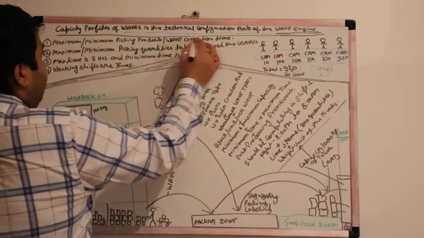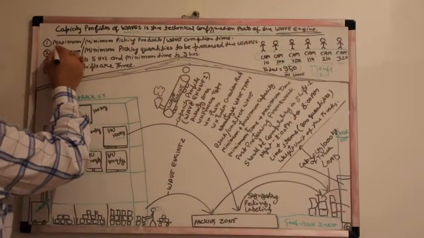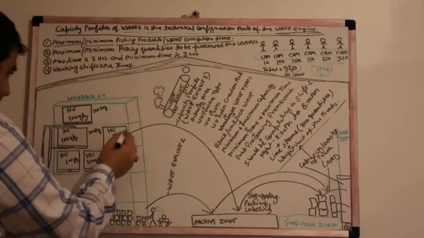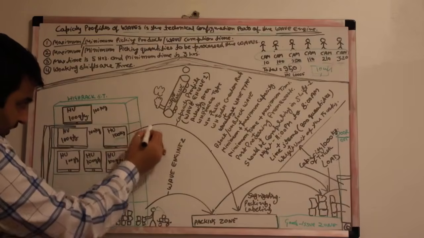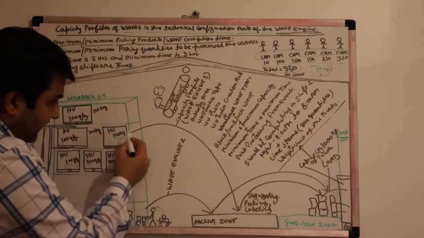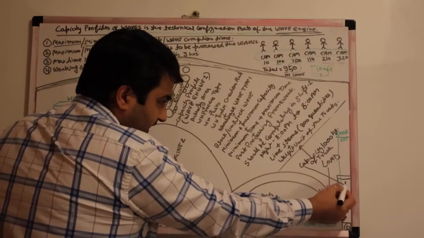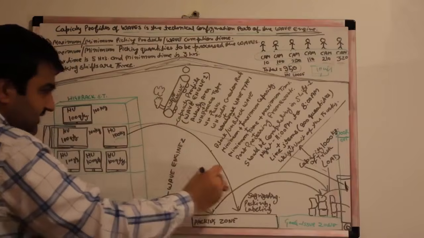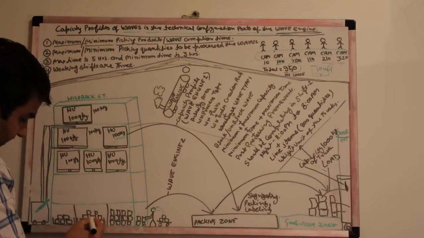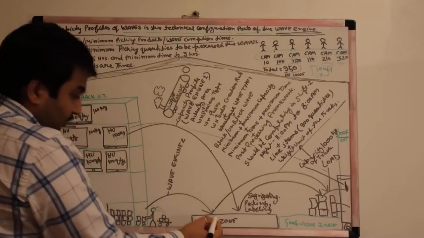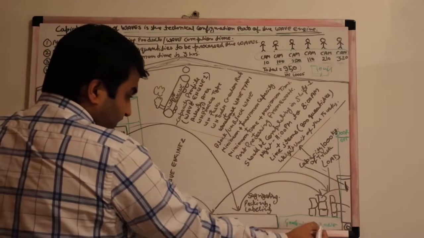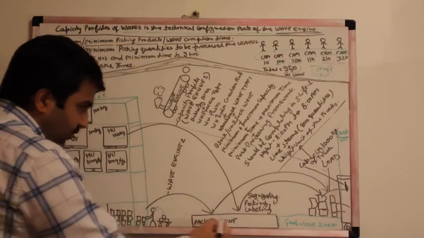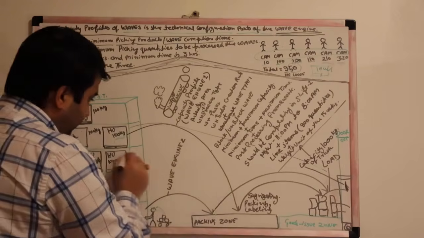The capacity profile, wave technical, the wave engine contains the properties maximum and minimum picking product and wave completion time. From picking from here till loading to the truck, this comes as one flow. This is one wave. Then picking the product from the loose quantity, putting it to the packing zone, then processing it and bringing it to the goods issue zone, then loading. This is another flow, which is wave 2. This is wave 1, picking product from